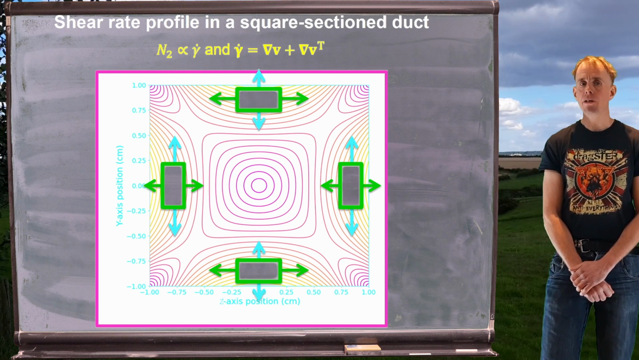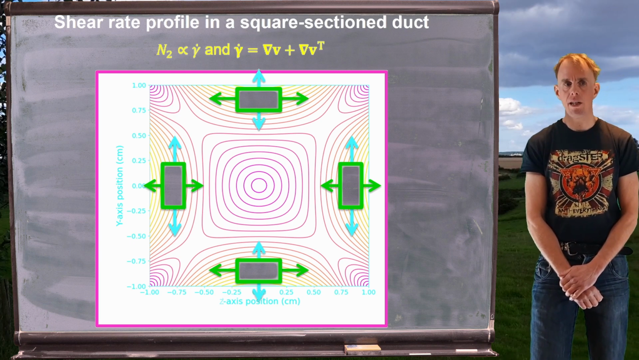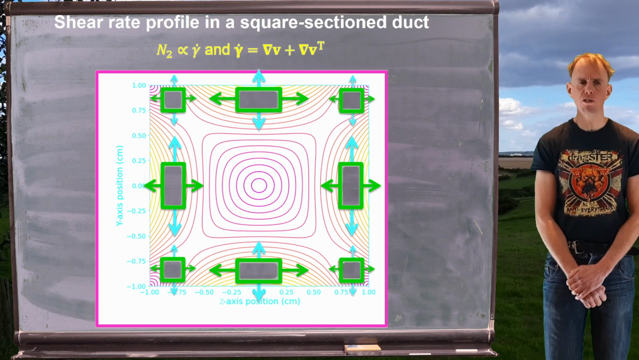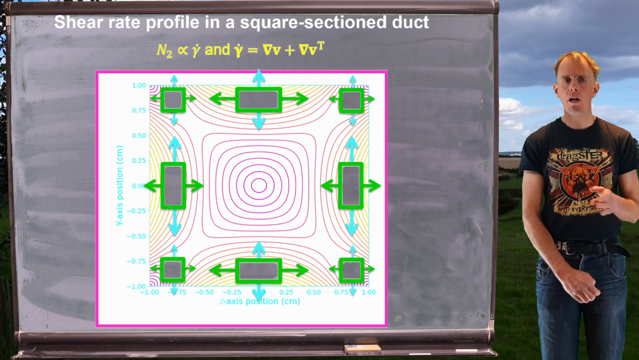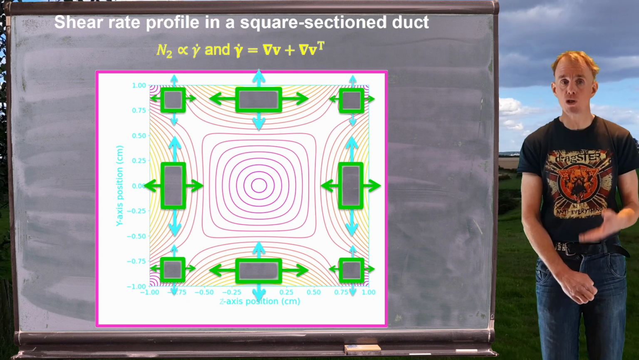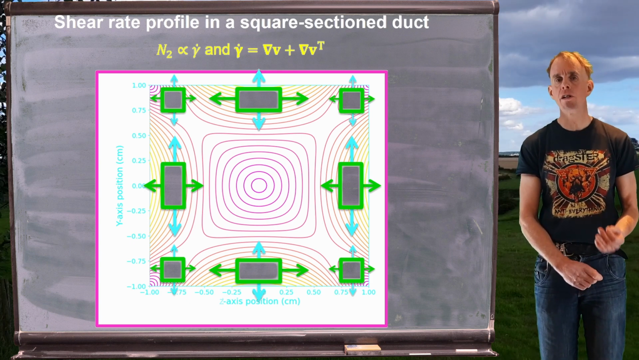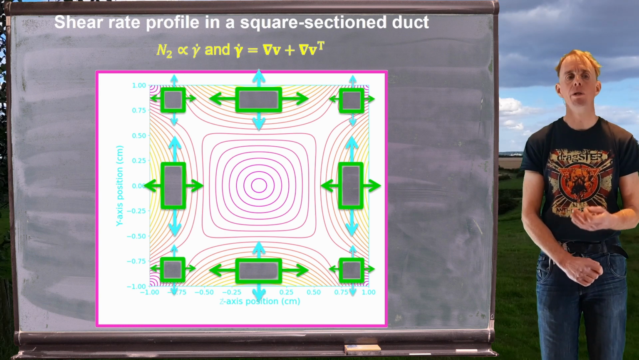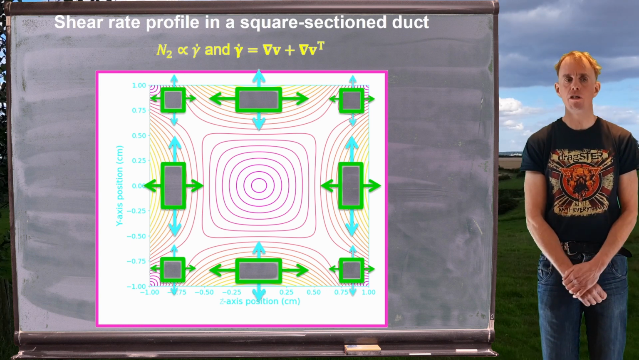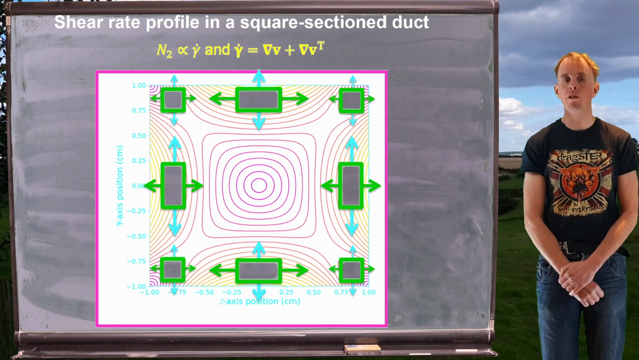Let's think, however, about what happens at other points in this duct. Let's think of the corners first. We know at the corners we actually go down to 0 shear rate. And so as we approach the corner, we'd expect our shear rates to be a lot less. Hence, we'd expect our normal stress difference to be a lot less, which is why I've drawn this with smaller